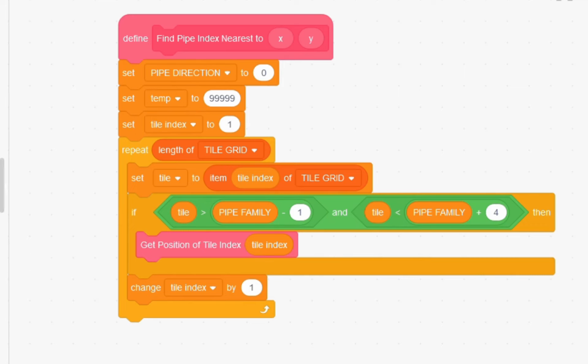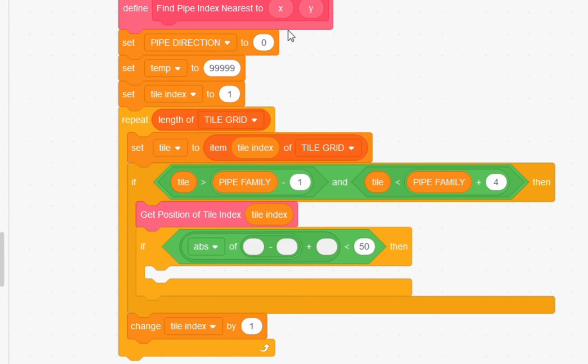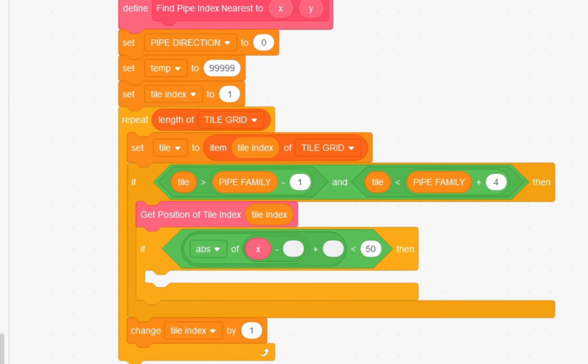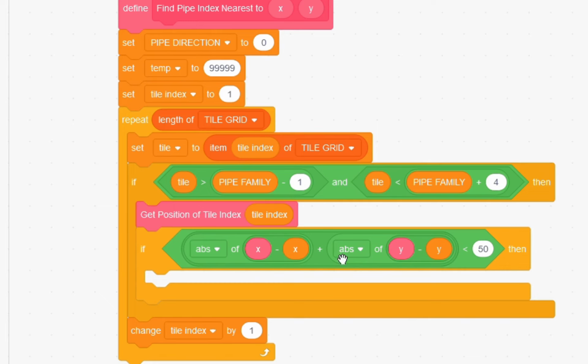Now we want to change our shortest distance, which is the temp variable, if and only if the distance between this pipe and the x and y values input to this block is shorter than the current distance. So that way this distance will always represent the shortest distance. So to find the distance, we can say absolute value of the difference between x's, so x minus our x variable, and remember the x variable is the one returned by our get position block, and then we add our y's, the difference of our y's, and if this distance is less than our temp variable,